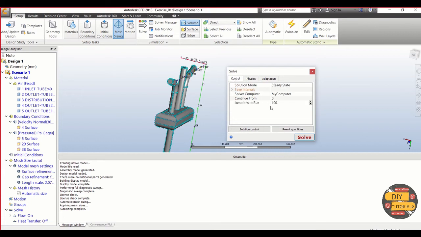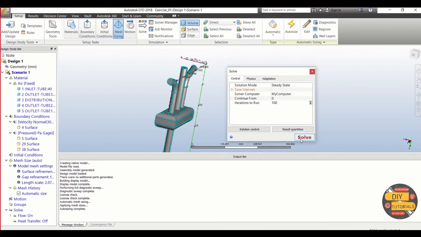Iterations to run, you can start with 100. You can go up to 1000 or 300 or whatever number you prefer till you get the mesh convergence. And once we have done with all the selections, we can go ahead and run the solution.